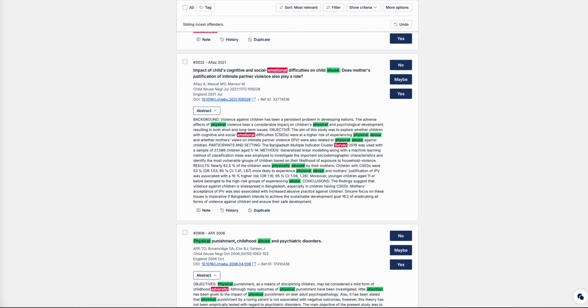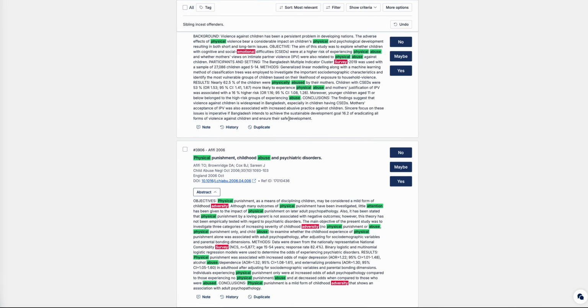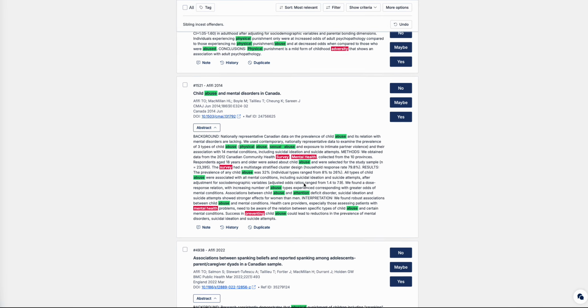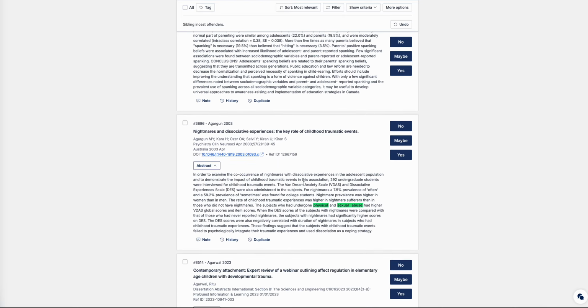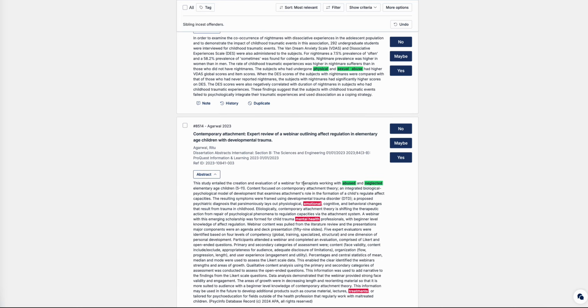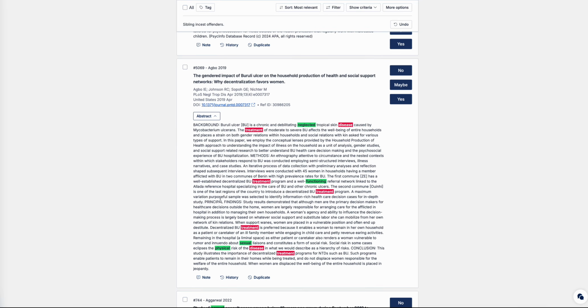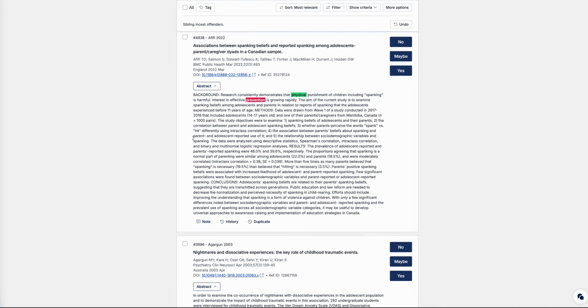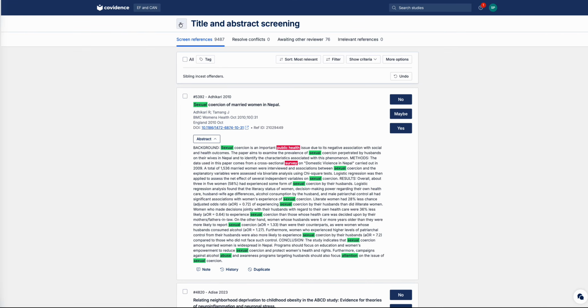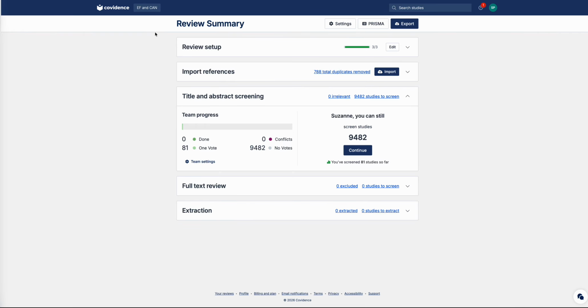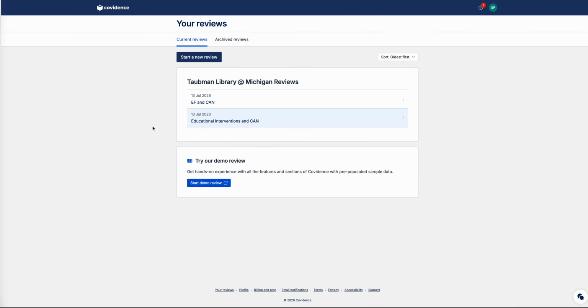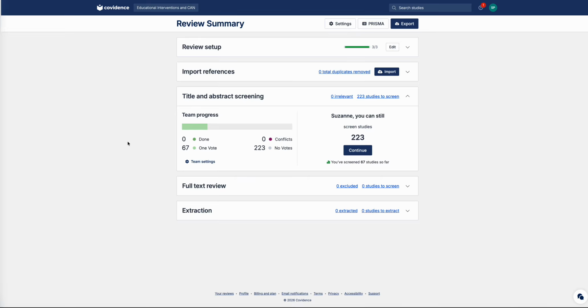Impact of child's cognitive and social difficulties on child abuse. You know, I don't see a lot that I would say are immediate yeses, because in fact most of these are going to be pretty immediate no's. So I'm not going to keep going through because you get the idea. Unless you see both child executive functioning of some kind in child abuse and neglect, then the answer is probably no. So that is one. And then the educational interventions and child abuse and neglect, it's the same thing. Now we only have